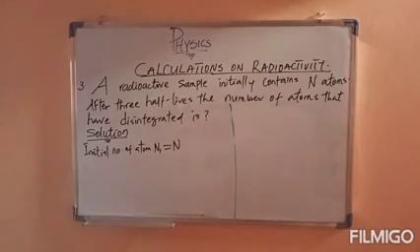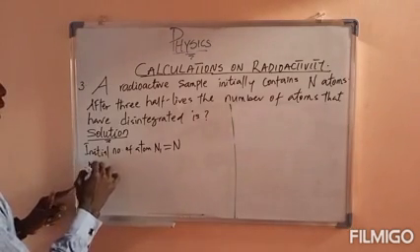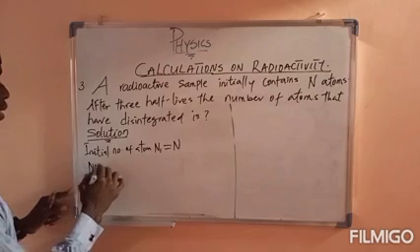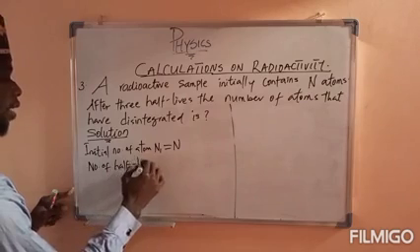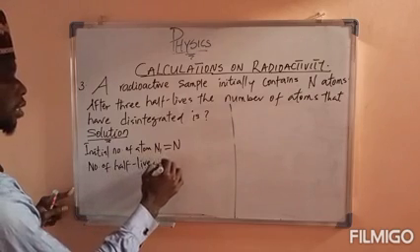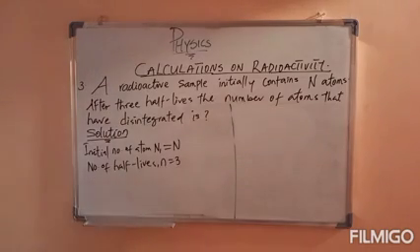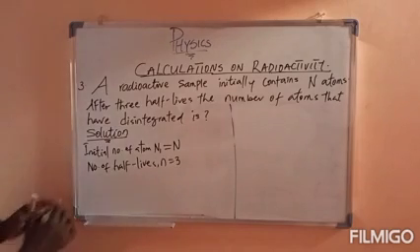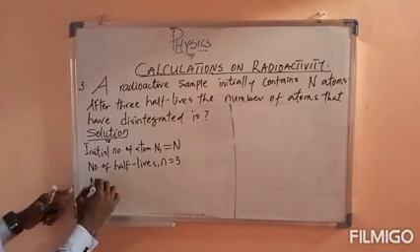N can be 20, can be anything. After 3 half-lives, number of half-lives, which is small letter n, is equal to 3. Then you're looking for number of atoms decayed,